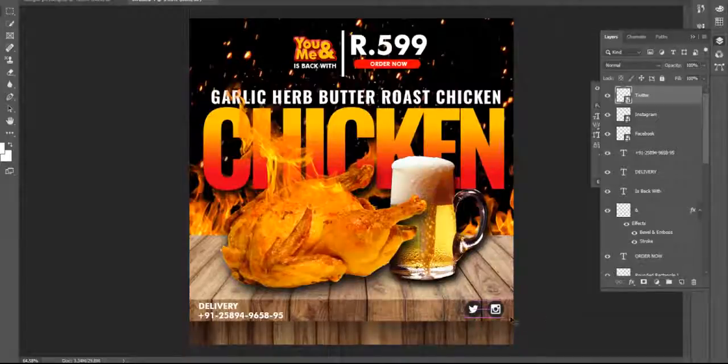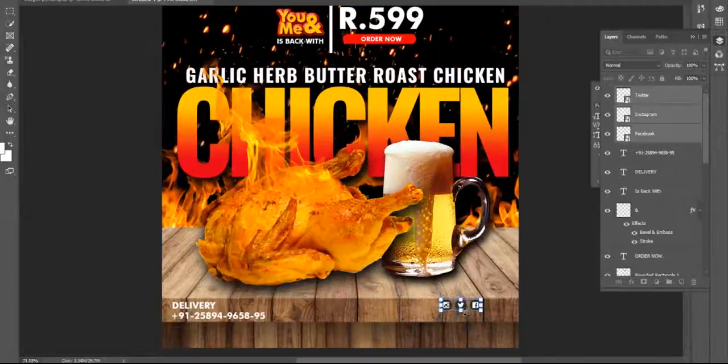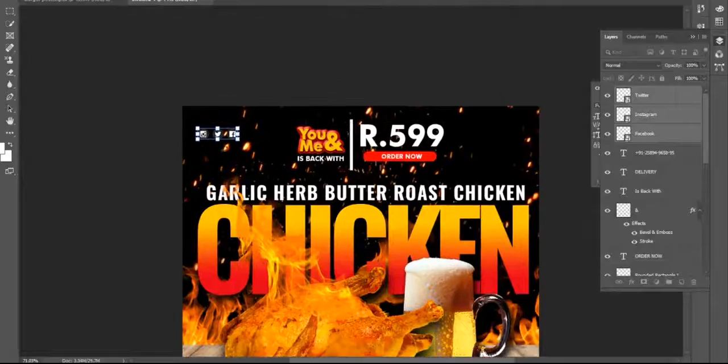I just drag here. I select all the social media icons, press Ctrl T for free transform, and squeeze the size. I think I have to place these on the top corner. Fine.